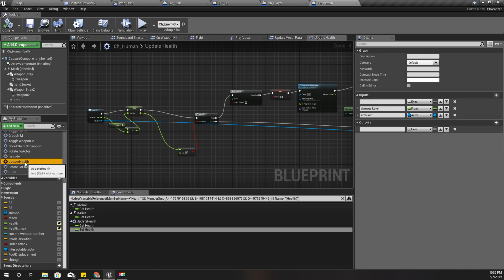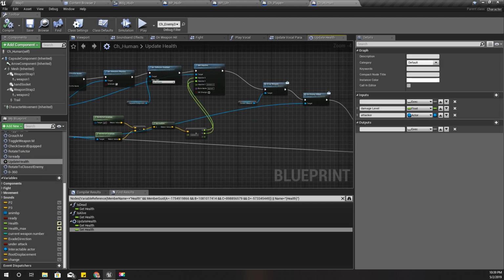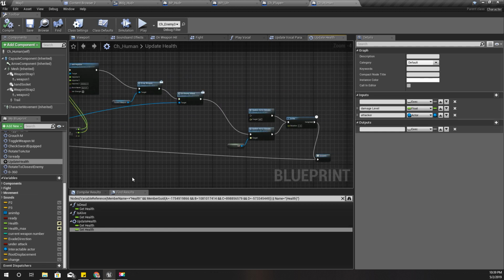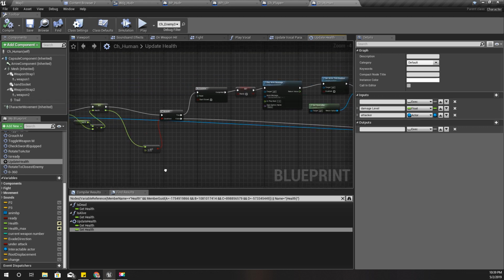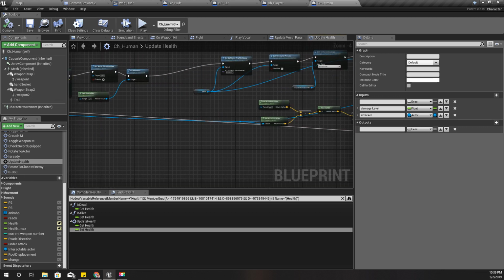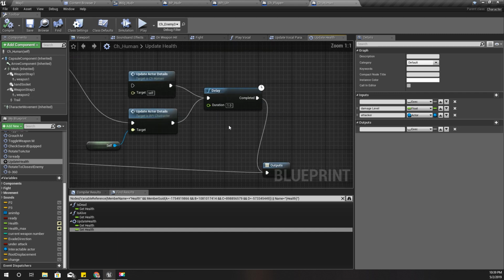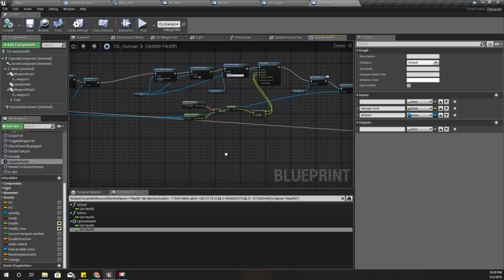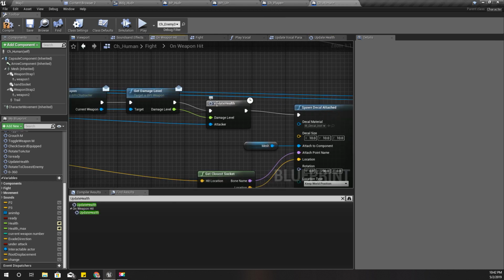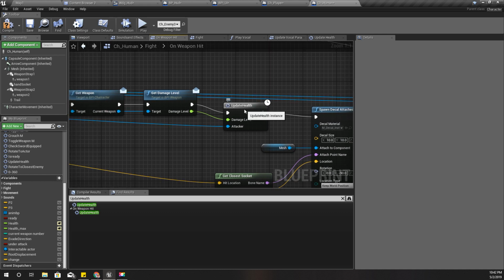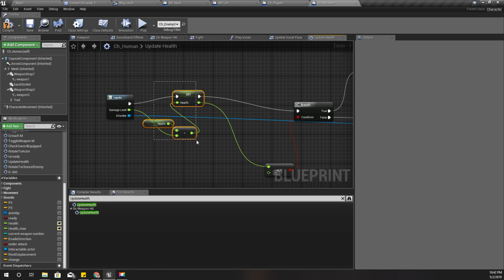Actually not a function, it's a macro. So since this is a macro, I can't override it in the player. Well, I can't convert this to a function because there is a delay node here, but let's check here. Yeah, actually this is the only part that is relevant to updating health,